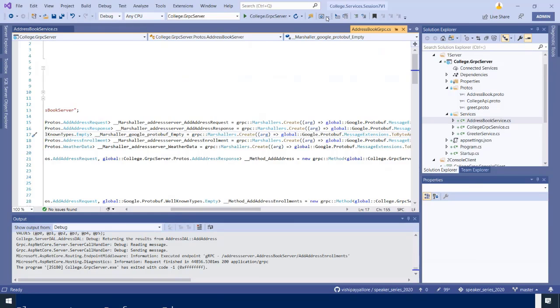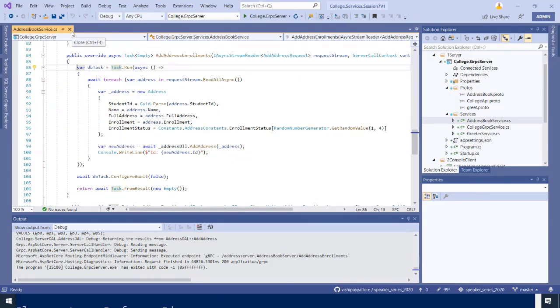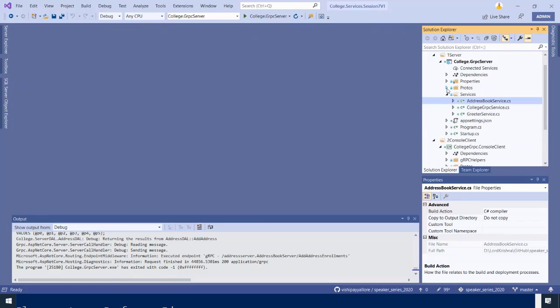The client side streaming is the student or user going to some agency and enrolling himself. The client will send multiple requests and the server will accept everything and take action there. It's an asynchronous, disconnected thing. The student will come after a day or so and log in to the portal to see the enrollment status. That's what we are doing as well. So I think we have tested this pretty much. Let's add that worker service and implement this in the worker service.